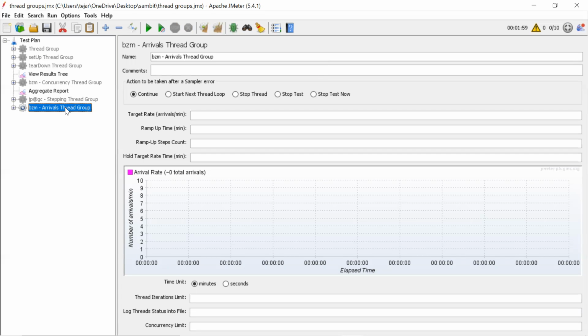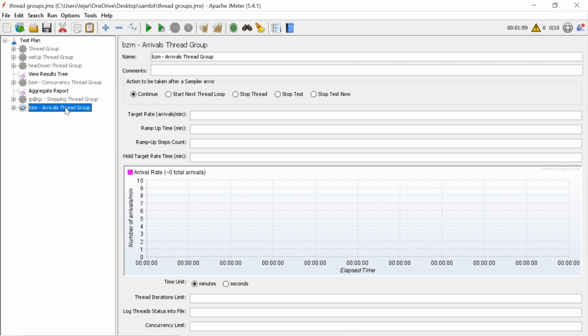So if you want to design a scenario based on arrivals, I mean, if one user completed, go with the next user. If 2 users completed, go with the next set. If you want to control in that way, with completion of the users, that's where we use arrivals. Actually, I have never used this thread group in real time, but I just know this difference.